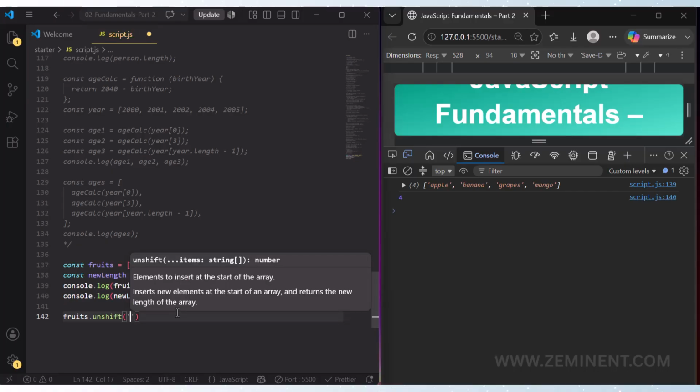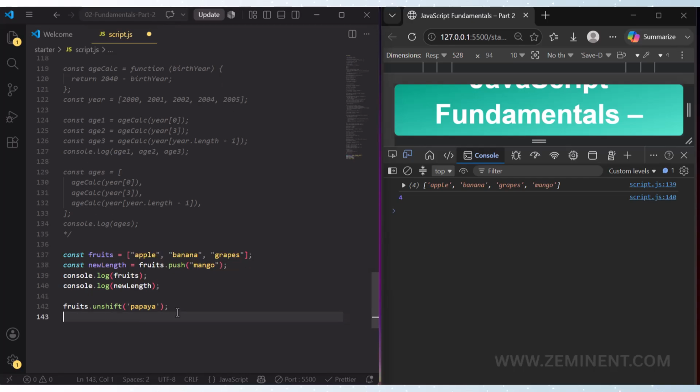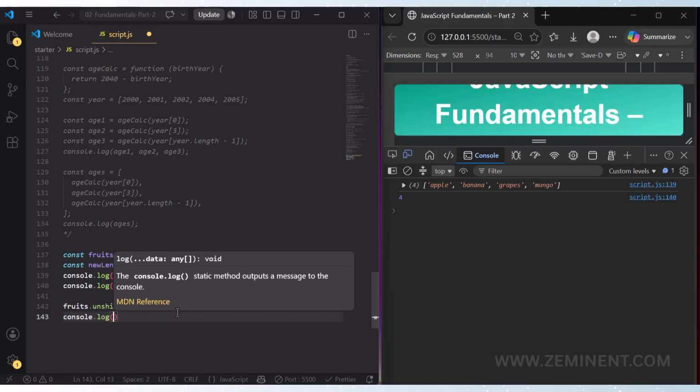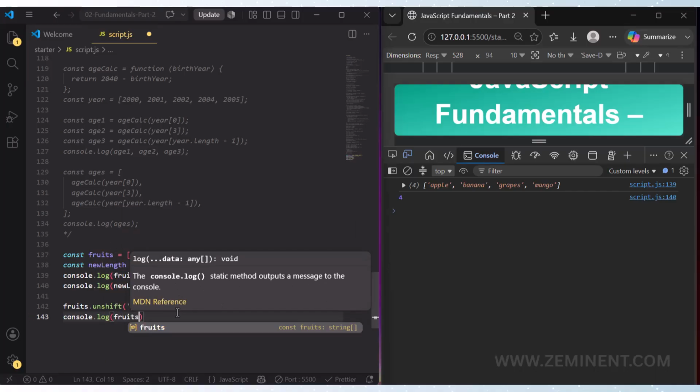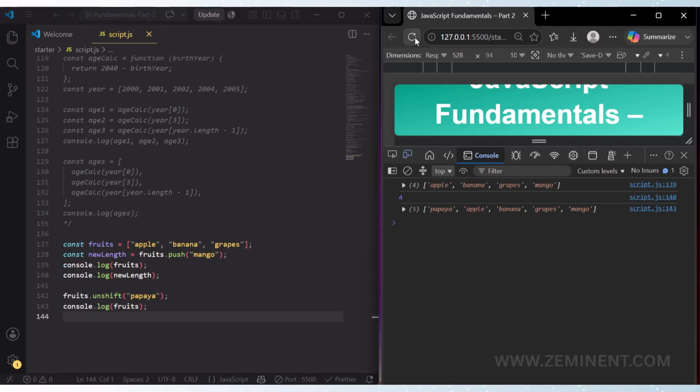I'm giving here papaya, and then console.log fruits. Then reload here. See, it added papaya at the beginning of the array, and so this is the usage of the unshift method.